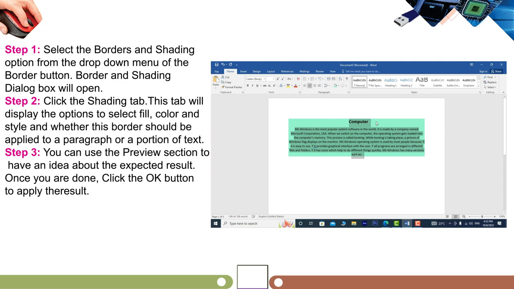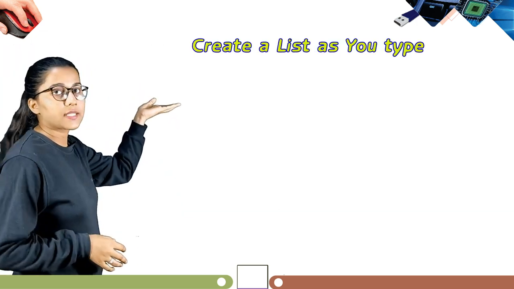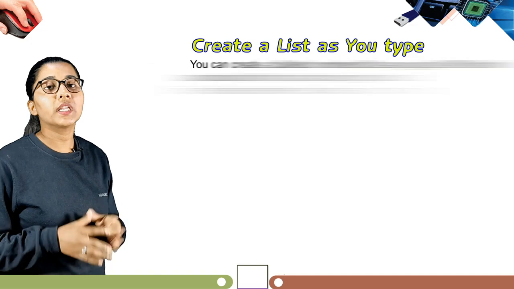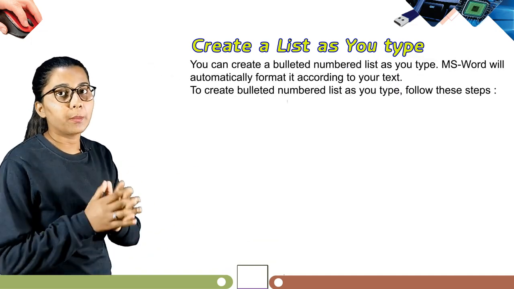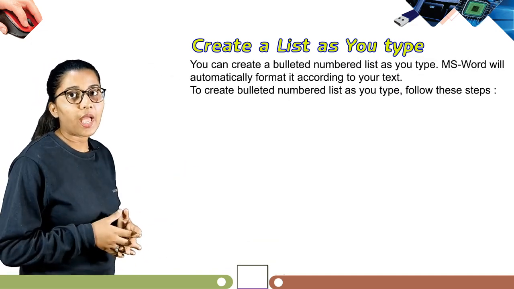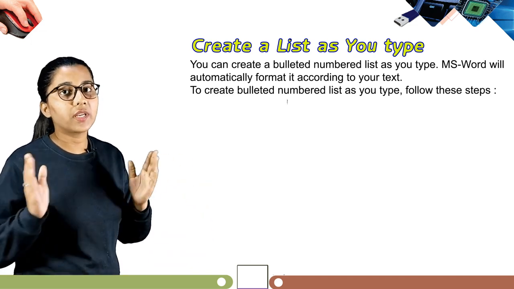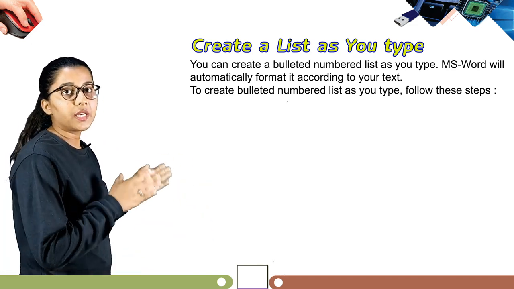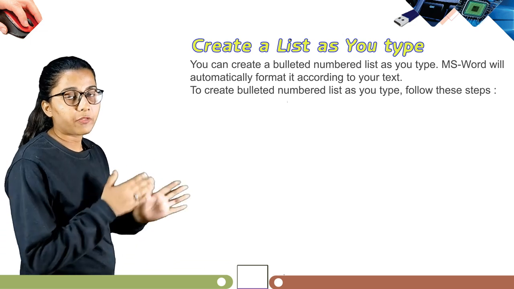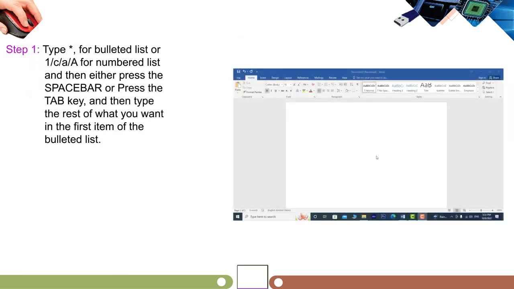Now students, our next topic is create a list as you type. You can create a bulleted number list as you type. MS Word will automatically format it according to your text. To create bulleted number list as you type, follow these steps. So our step 1 is type star for bulleted list or